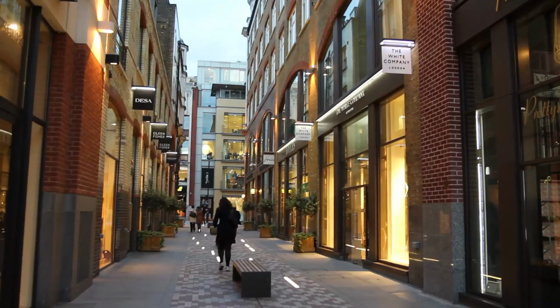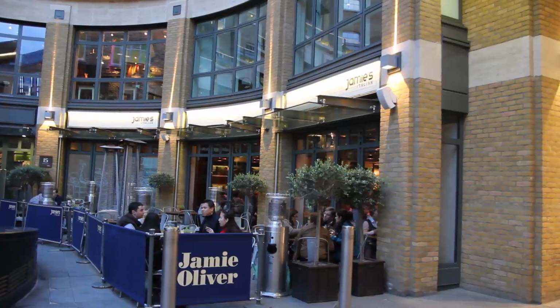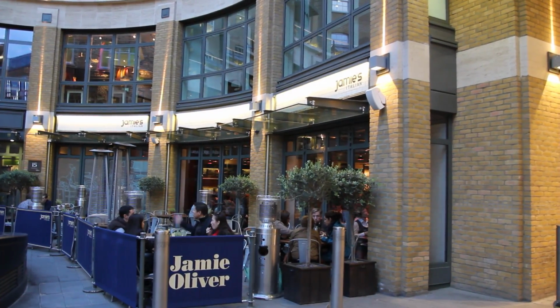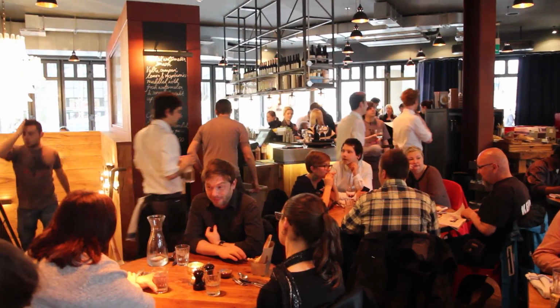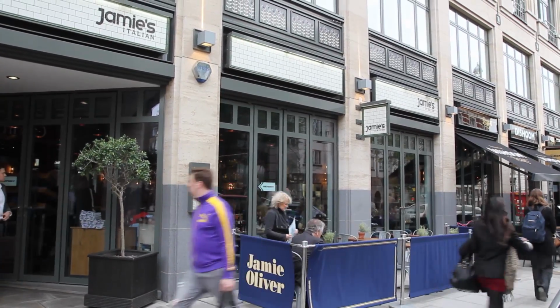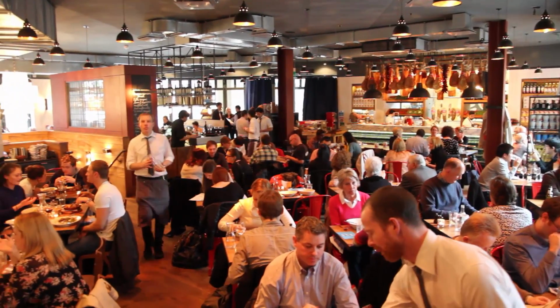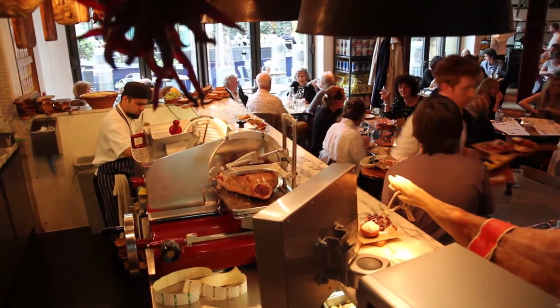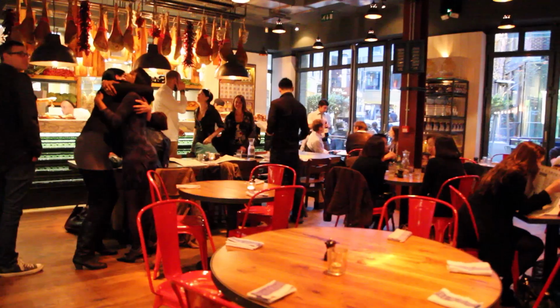This is St. Martin's Courtyard, one of the newest developments in central London. It was a major construction site for many years, and now it's all finished. There's beautiful stores here, a handful of restaurants, including Jamie's Italian, that's operated and owned by the famous Jamie Oliver, who's got about 20 restaurants in the London area and others elsewhere. And the food was great, of